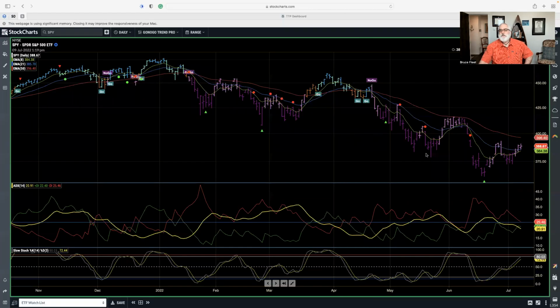Move over to another thing that I look at, which is called Go No Go Pro. Remember, the dark purple is representing a downtrend based on about 17 underlying indicators. The light pink is a weak downtrend. So we went into a weak downtrend, back into a downtrend, back into a weak downtrend. Okay, that's okay, but we really need to get to these amber bars first, because that normally signifies something may